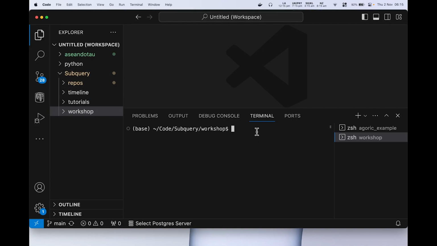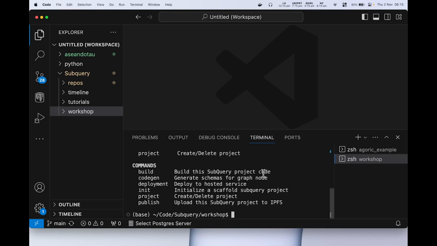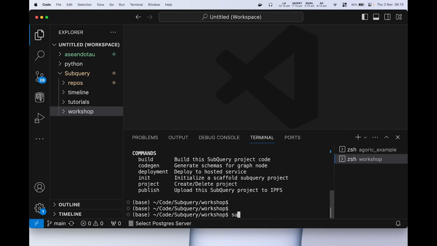All right, so VS Code here. I've got the terminal down below, and I could git clone the link I showed previously, but what's neat is that if you've got SubQuery installed via npm before, I can go subql. Actually, let me just go to help. Here we go. So I go --help. It'll show the version that I'm running, 4.1. And what I'll do is go subql init, for initialize, and then I'm going to give it a project name. So let's go Agoric workshop